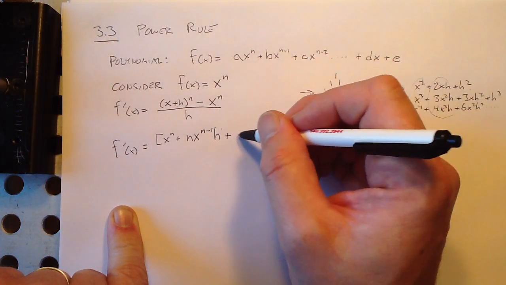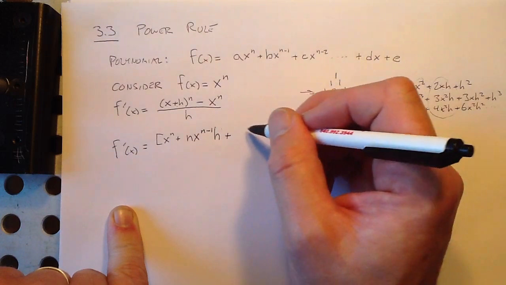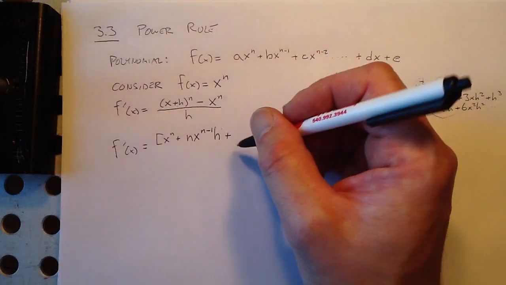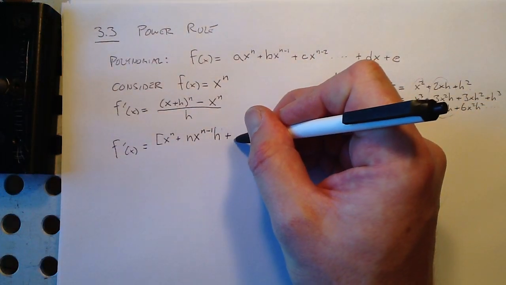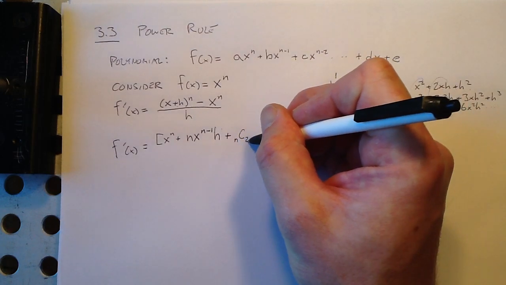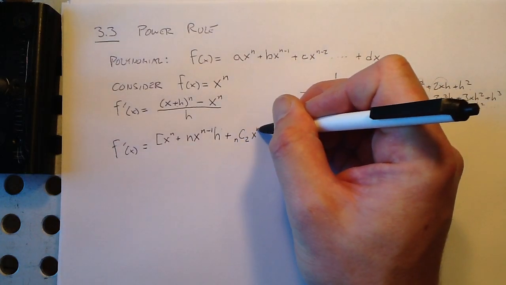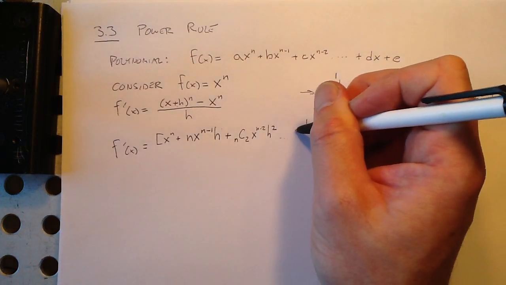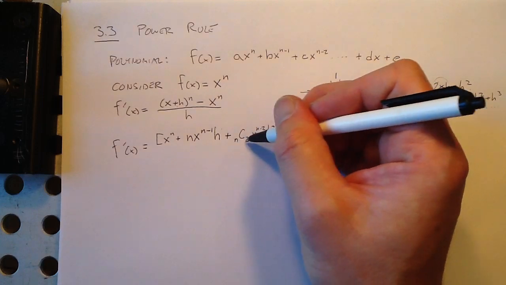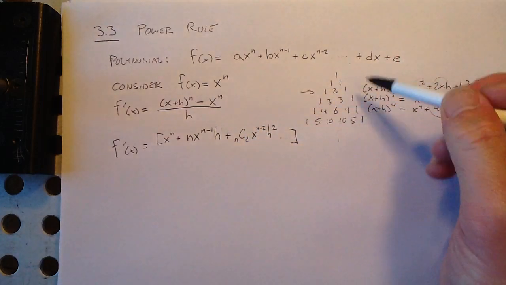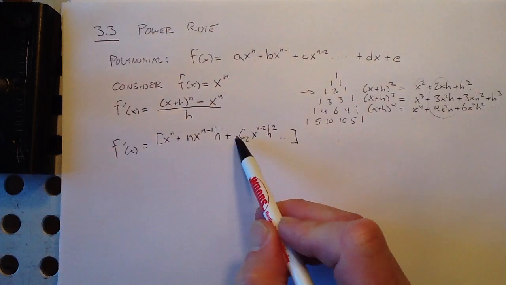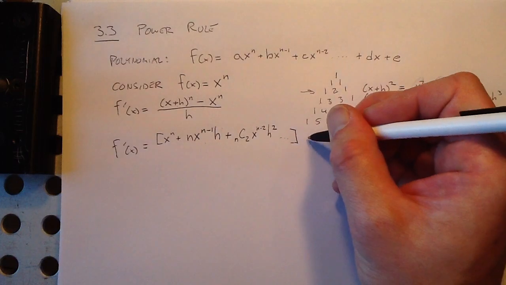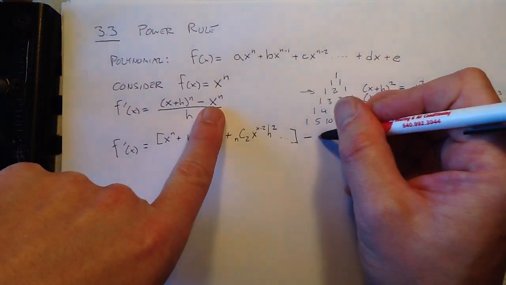Plus, and then this one gets a little bit messier to write an expression for. There's a way of doing it. You might notice that it's actually n choose 2 times x^(n-2) times h squared. I'd love to do a whole separate video or give you a lecture sometime about why it's this, and what the connection is between combinations and Pascal's triangle and all that. But ultimately, it's not going to matter. The first two terms are the ones that are going to matter. We're just going to do dot, dot, dot here. Then minus x^n